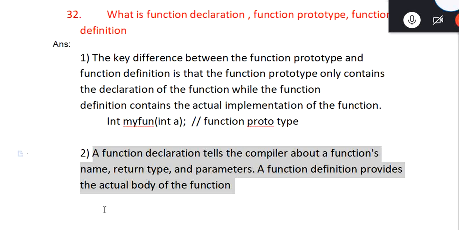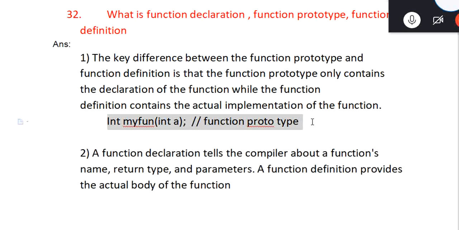Sir, declaration says what we have to write in our code, meaning the function name, what return type we are using, and which parameters we are using in our code. That tells about the function declaration. Correct.